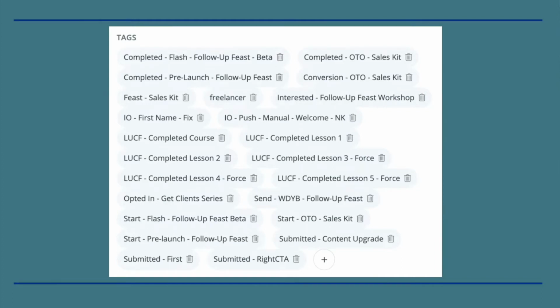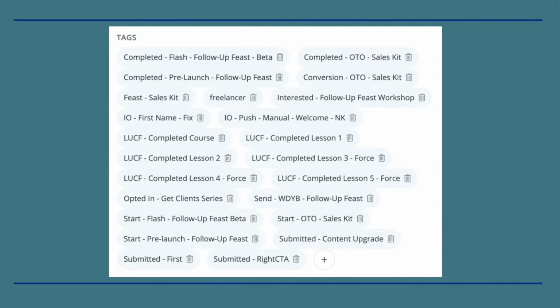So if I was looking up some data, I can hover over submitted content upgrade, submitted first, which is the name of the page, and then submitted CTA, which is the little toaster widget in the bottom of my website. I could see based on the timing of the conversion OTO SalesKit how fast that person bought from me,